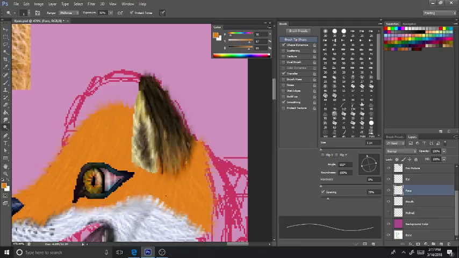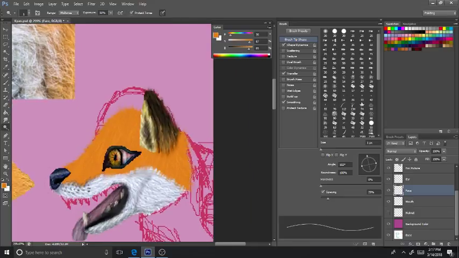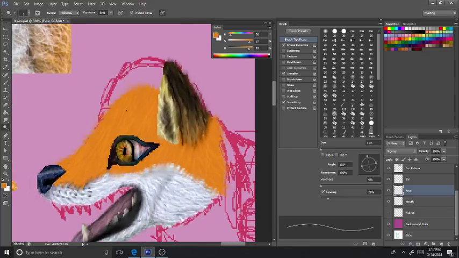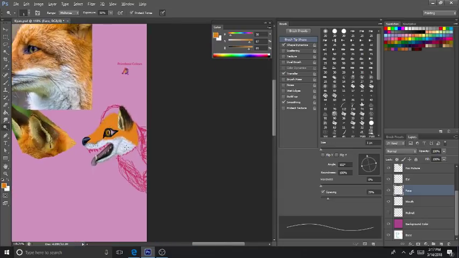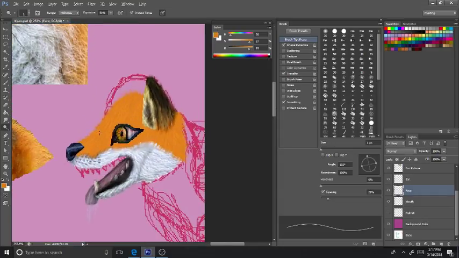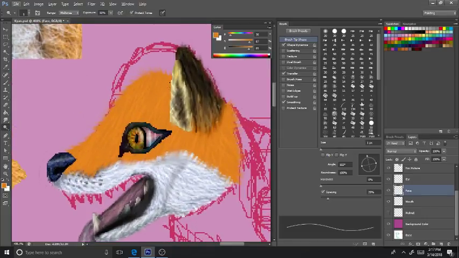It's not about your skin tone. It's not about how old you are. It's about how much effort you put into your drawings. If you put in less effort, you're not going to improve. You're going to let yourself down. But if you take your time and don't try to rush and hurry,